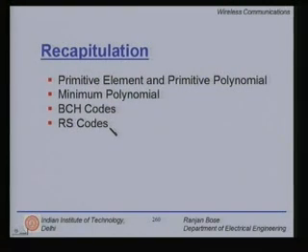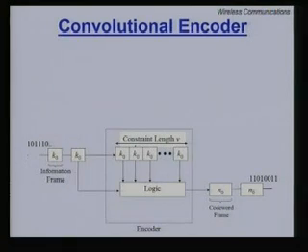For linear block codes, if you have the same input information word, you will always have the same code word. This is not going to be the case. It should depend on the input stream and the state of the memory, and these two will decide what is going to be the output. So, let us talk about the convolutional encoders.